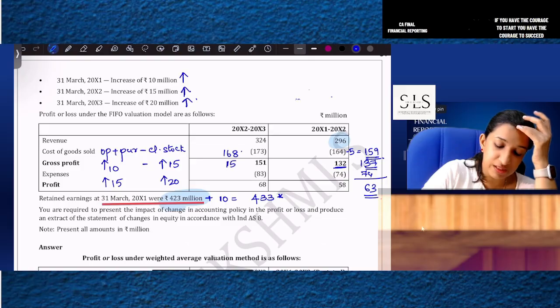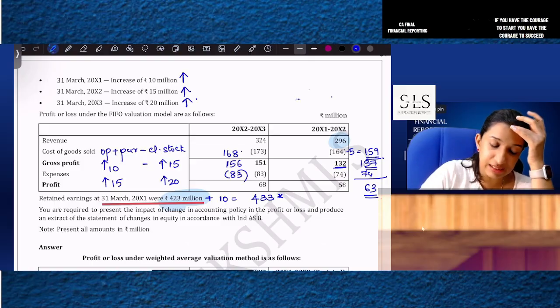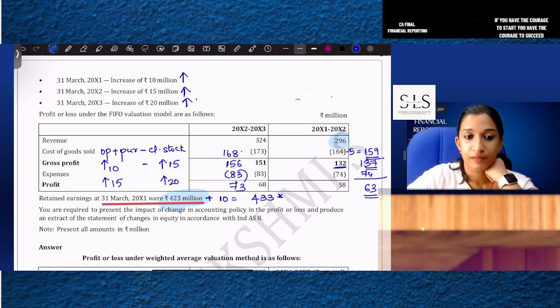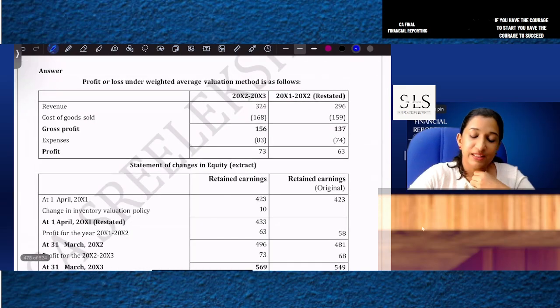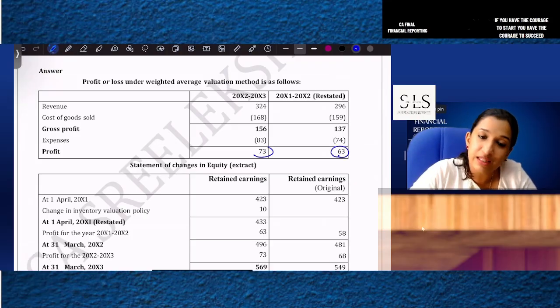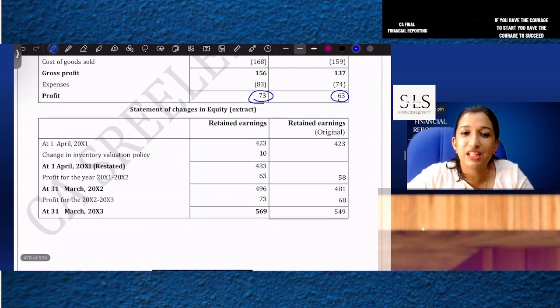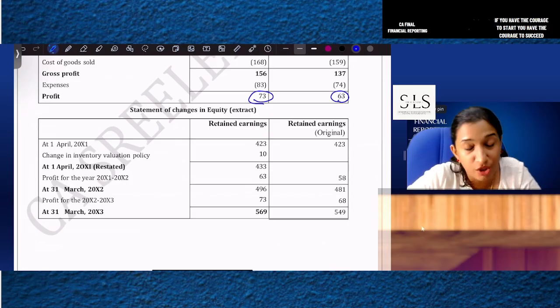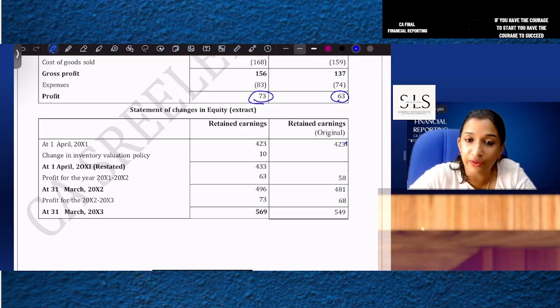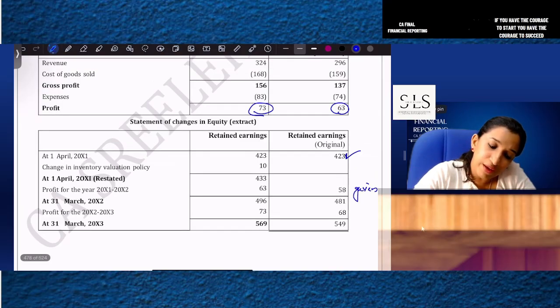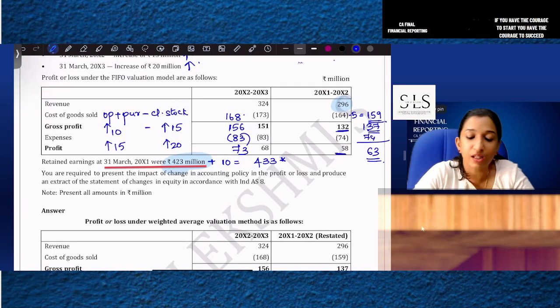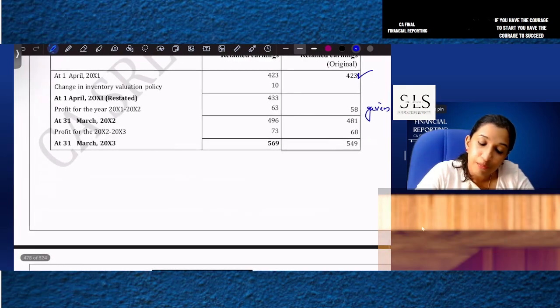So this is 156 minus 83, it has become 73. So what is the answer? The same thing, 73. Statement of change in equity. Retained earnings. Previous, original, before retrospective application, it is 423. 58 given. So 423 plus 58 given is the closing on 11/12, plus 68 is the closing on 12/13, but